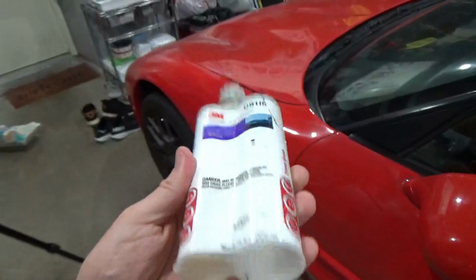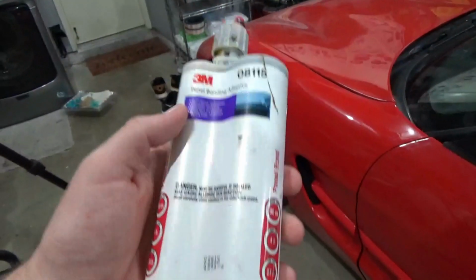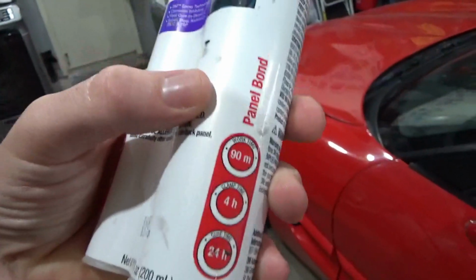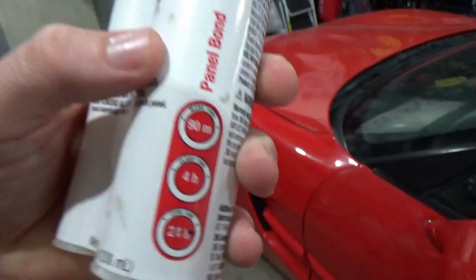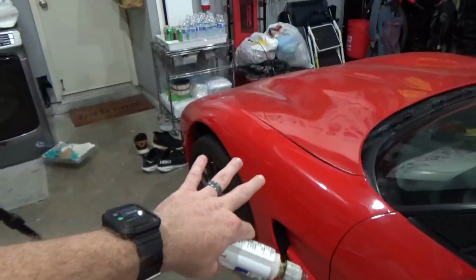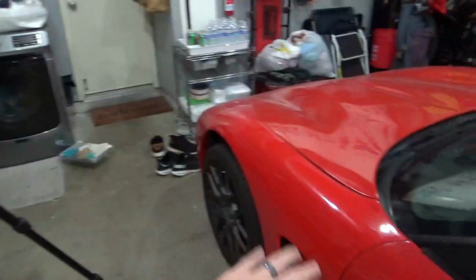I never had issues with it tacking up on me and getting hard before I could get everything set in place. But because the clamp time is 4 hours, whatever you are repairing has to stay clamped down with some pressure for 4 hours so that it doesn't fall out of place, which is really important with those inner fenders, so you get the right alignment with the outer fender to the hood, the front bumper, the door, the